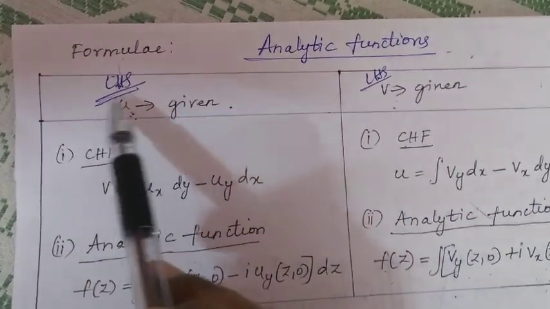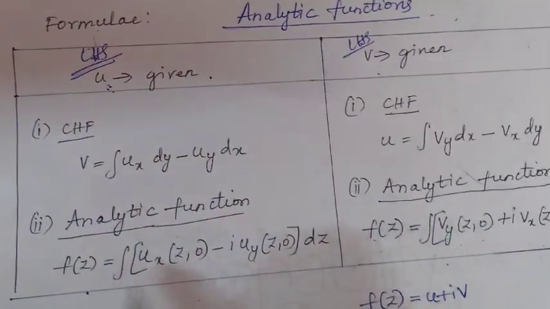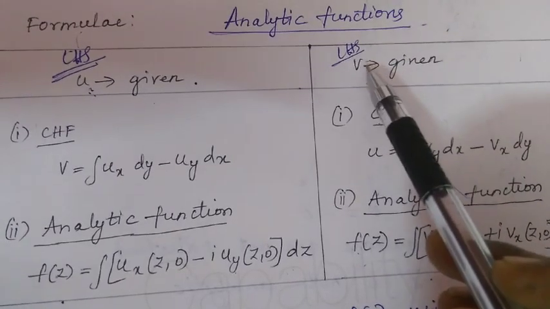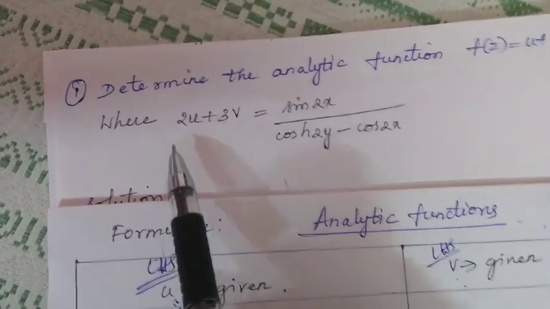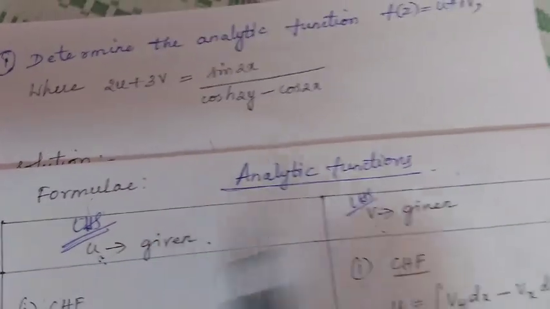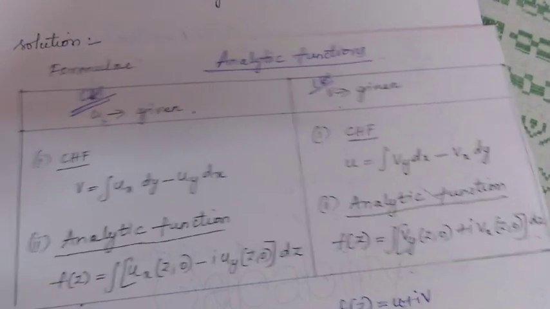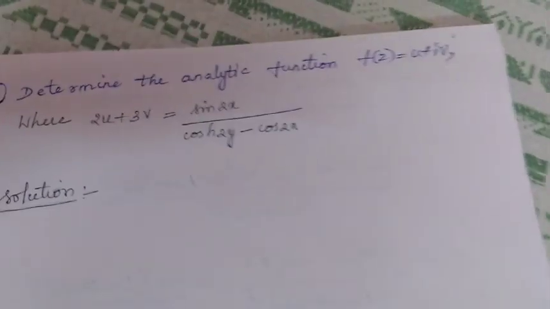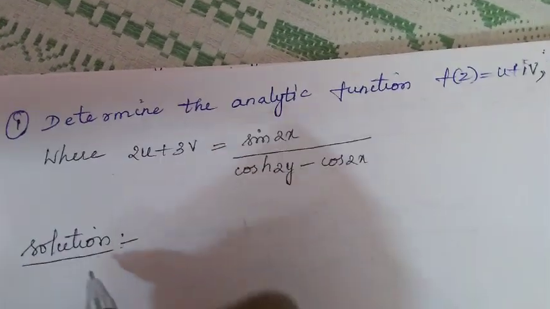See that here you have the left hand side. When u alone is on the left hand side, then this is the formula. Or else if your left hand side is v alone, then this is the formula. So you have to convert this 2u plus 3v either to u or to v. If it is u, you can use this formula, or else if it is v, this is the formula. This is the procedure you should follow. So for converting it, I am going to tell you the procedure here.